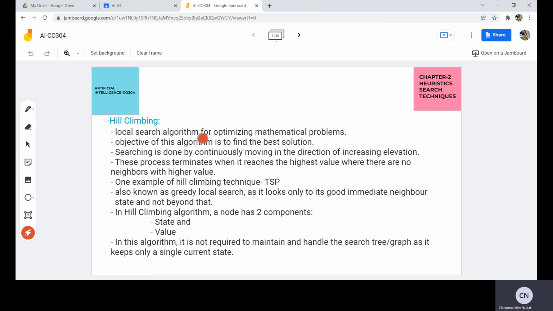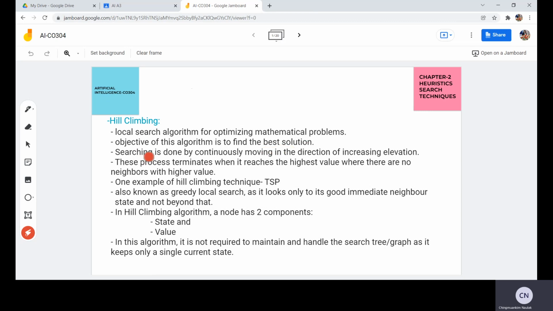Or in other words, it tries to find the best solution to the given problem. So as you can see here, the objective is to find the best solution, and in hill climbing, your best solution would be to find the peak of the hill or